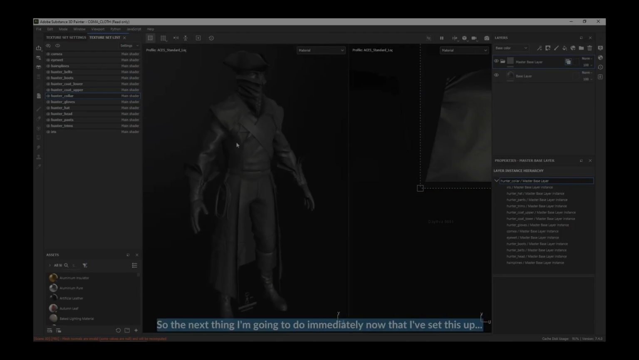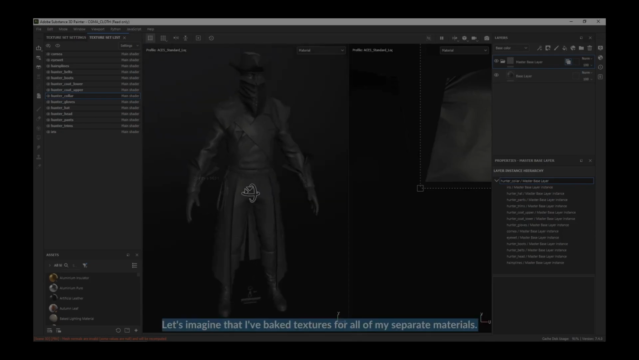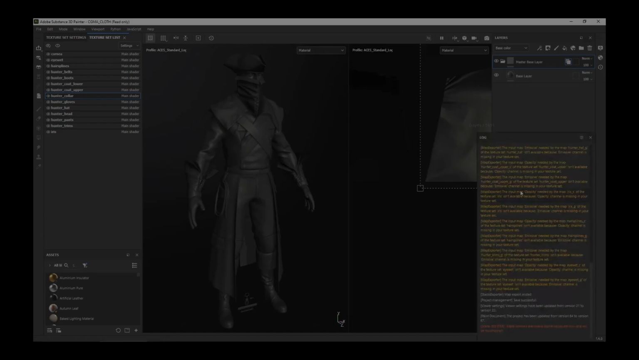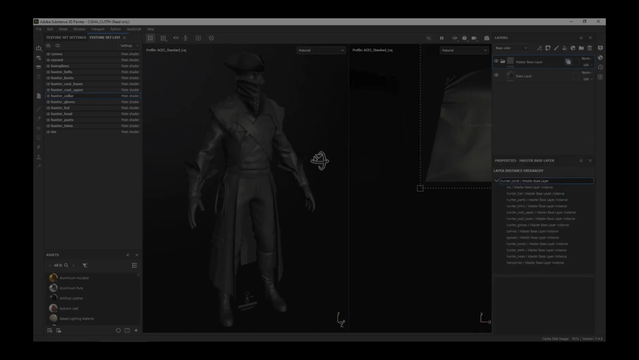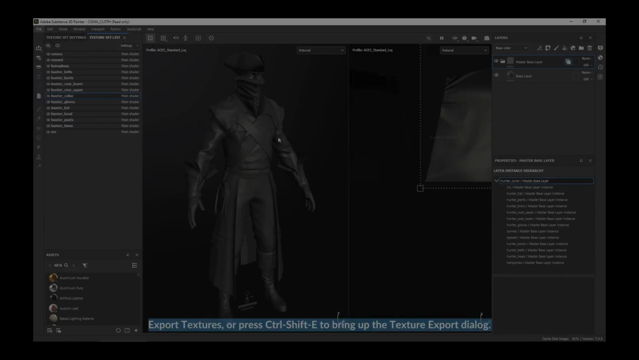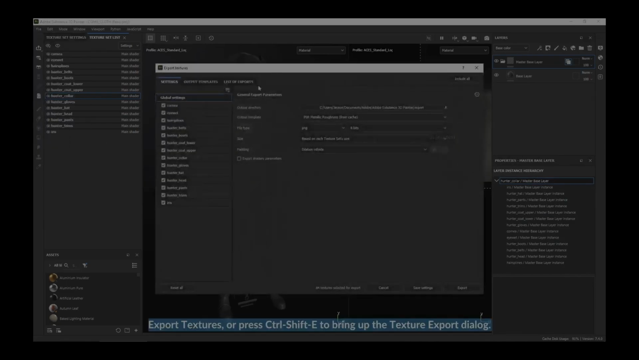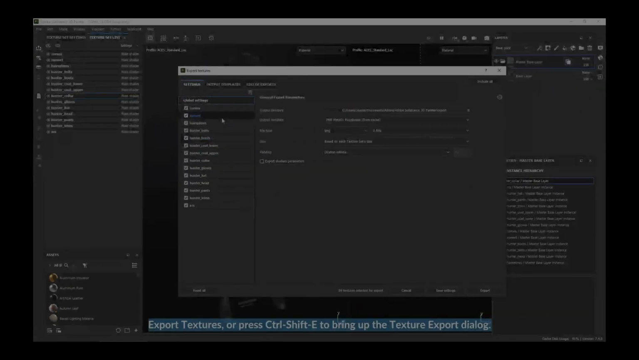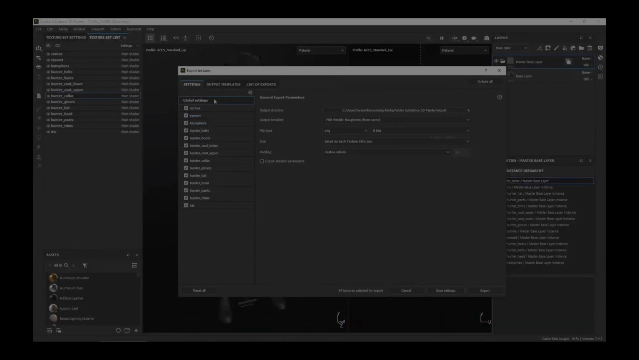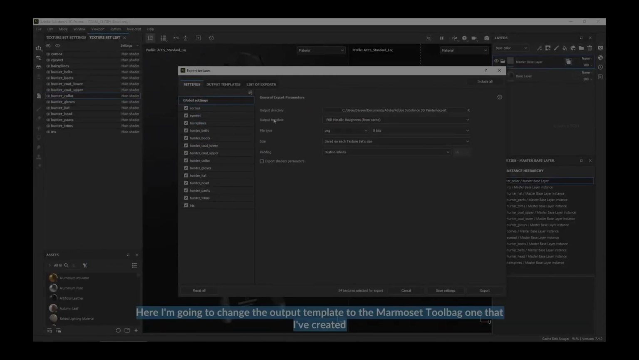So the next thing I'm going to do immediately now that I've set this up, let's imagine that I've baked textures for all of my separate materials. I'm going to go ahead and export. I can go to File, Export Textures, or press Ctrl-Shift-E to bring up the Texture Export dialog. Here I'm going to change the output template to the Marmoset Toolbag one that I've created for you guys, which